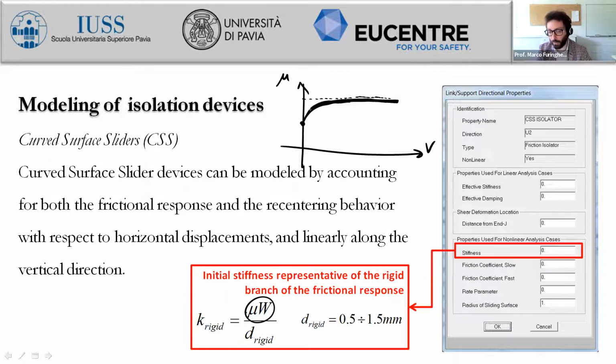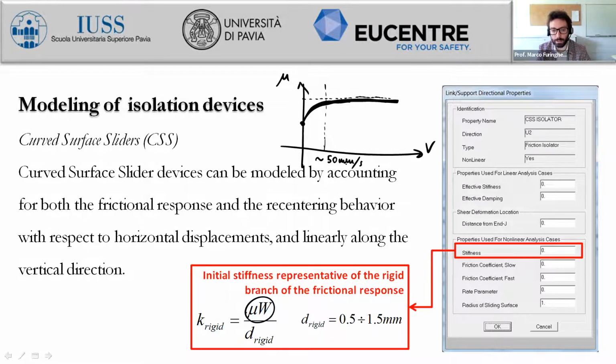And according to our experimental results and our investigations, generally this value of velocity afterwards, we can consider a constant value of friction coefficient is something like 50